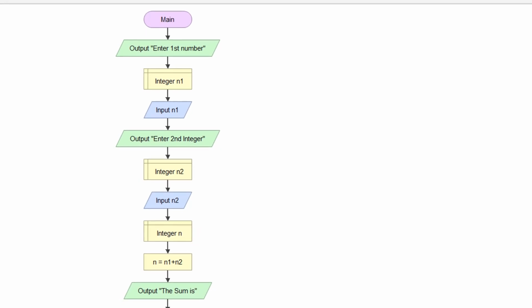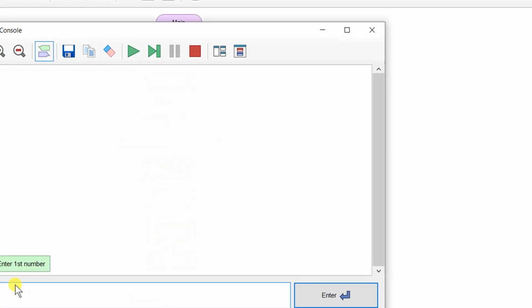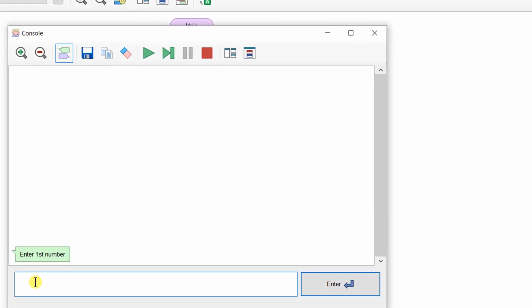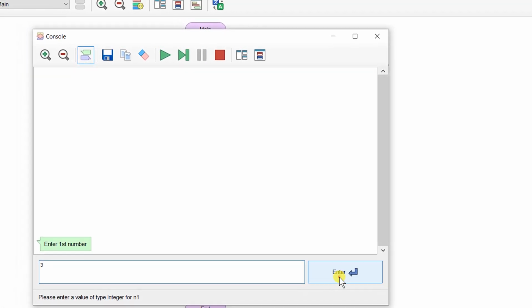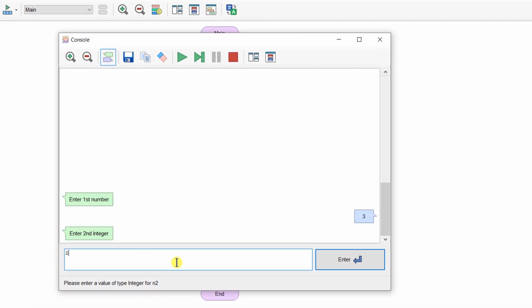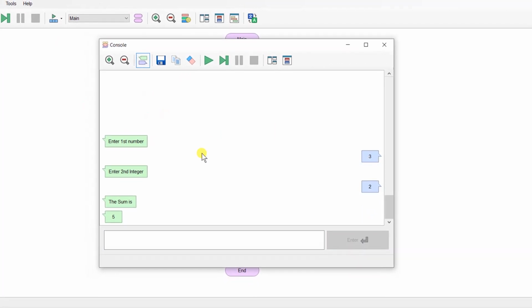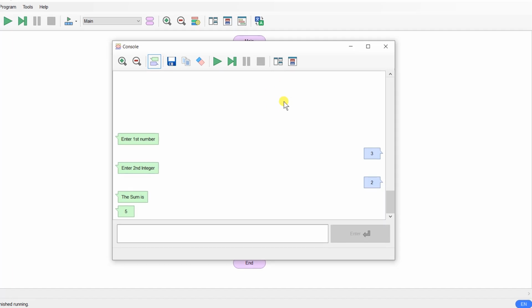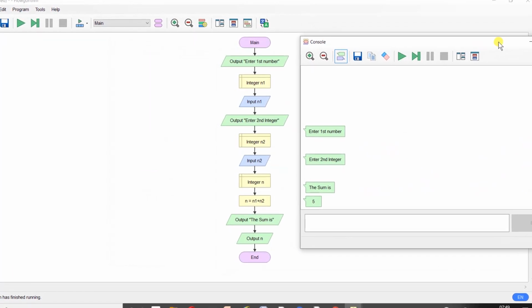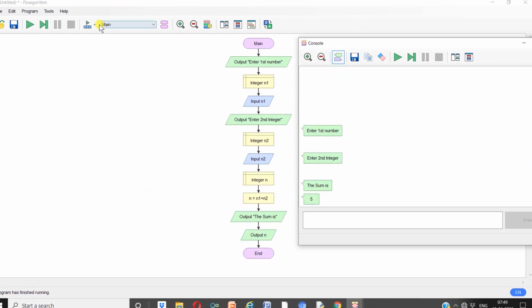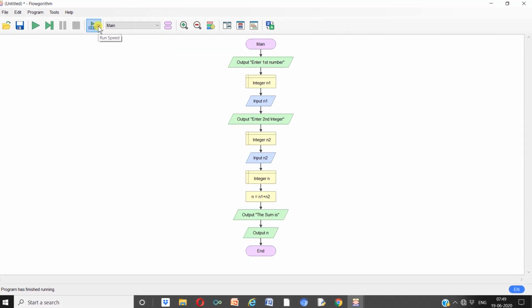Okay, run it again. Now you see it is asking me for the n1 number, let us say 3, and the n2 number, 2, and I got 5. It means the flowchart is executed. This is not all. I can see each and every step of how it is executing. Now I'll slow down the run a little bit.